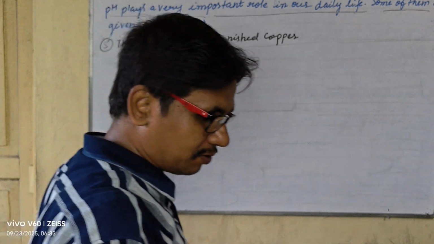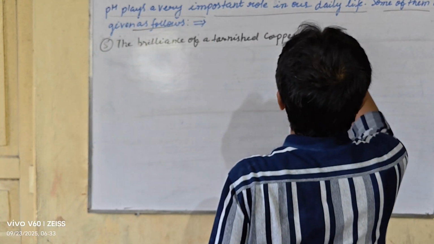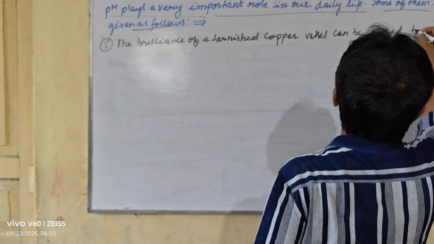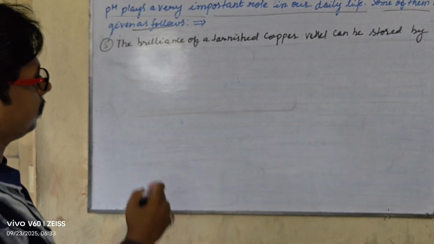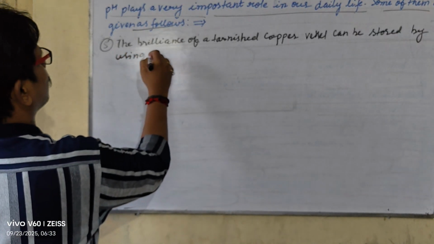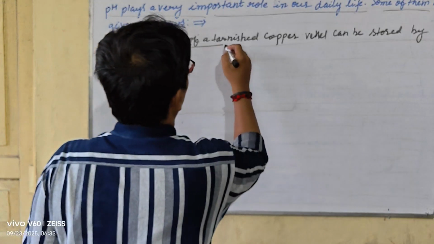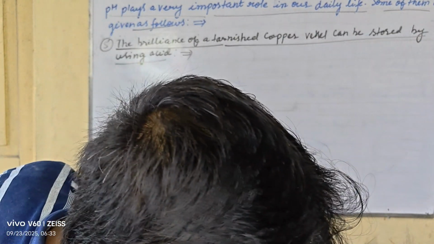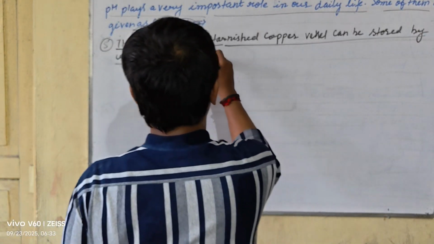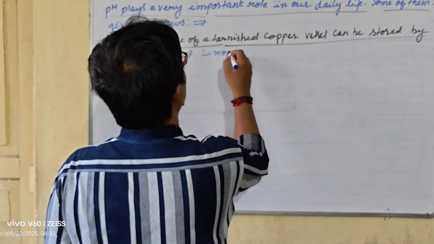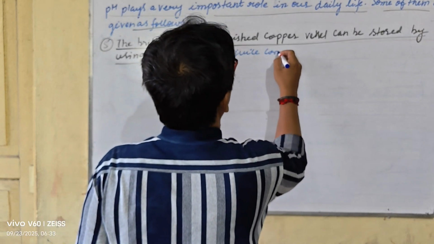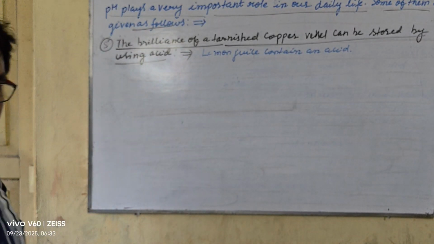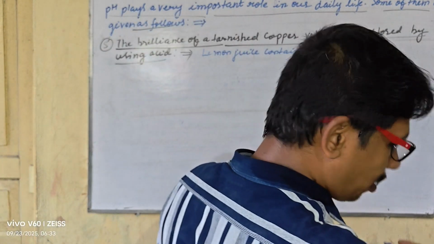The brilliance of a tarnished copper vessel can be restored by using acid. How? Lemon juice contains an acid. So this lemon juice, in order to clean a copper vessel,